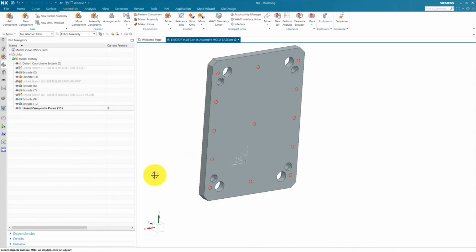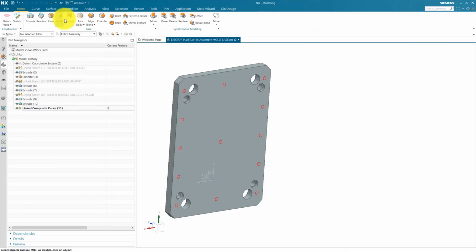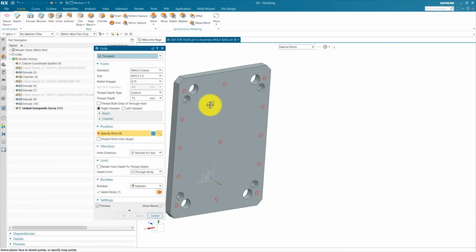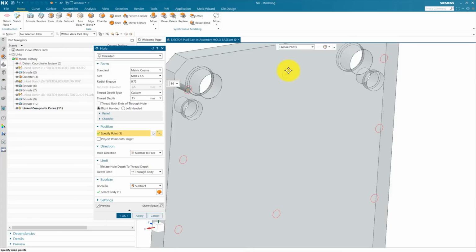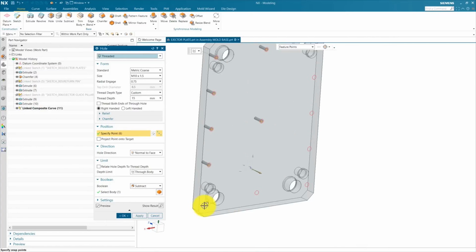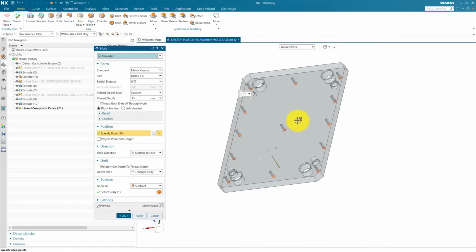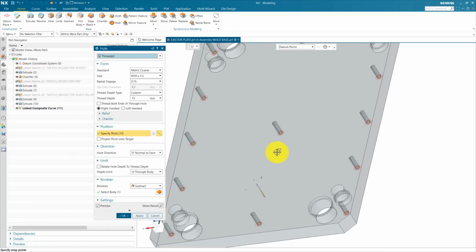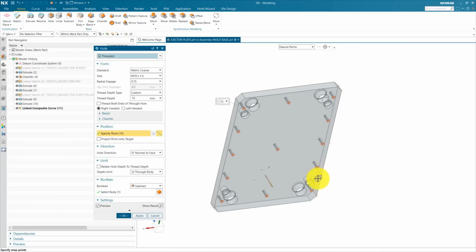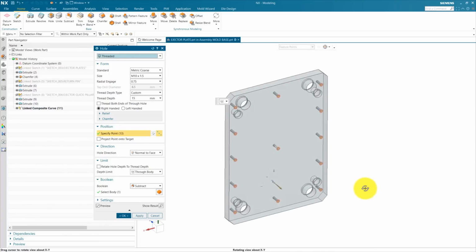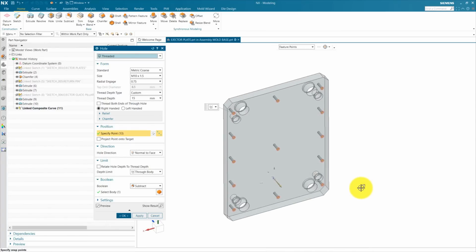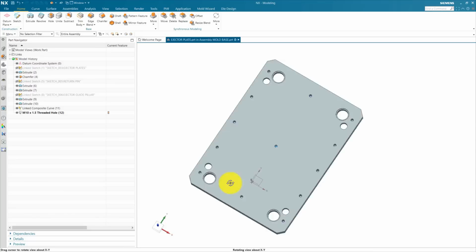Okay, now we are going to create a threaded hole. For this, go to Home, Hole, Threaded Hole, M10, and select the center. If you think we can add more bolting holes to bolt the ejector plate and ejector back plate together strongly, you can add them if you have space. In the ejector plate we need to add so many things, ejector pins, return pins. I will explain how many things we need to add in our ejector plates and ejector back plates. Now for M10 we are going to pull through all body. Press OK. Now our threaded hole is created.